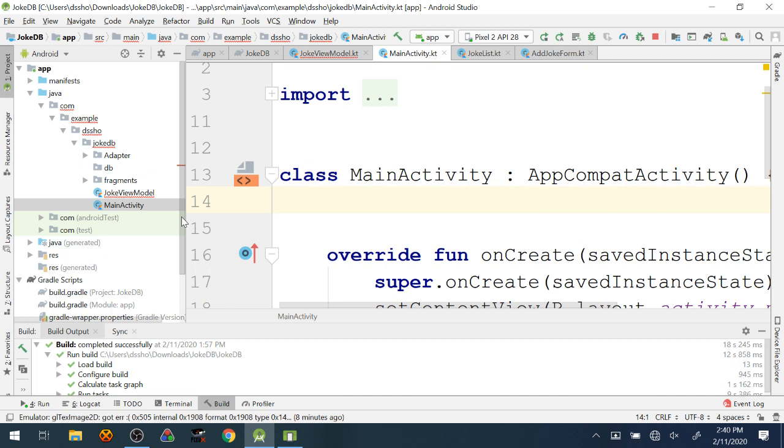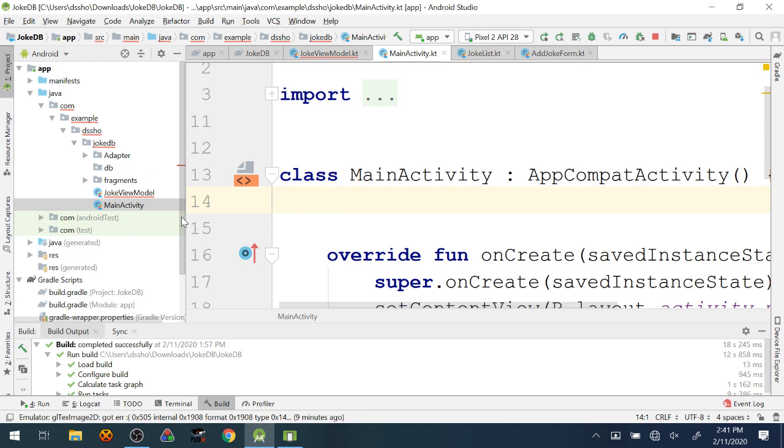So the app that I'm going to make today is kind of a trivial app. I wanted to make an app that lets you keep a list of jokes. So you tell me what the setup is and the punchline of the joke, and then it stores it in a database. And then if I want to see a list of all the jokes that I've stored, I can see a list of all the setups and punchlines. It doesn't really do much more than that. In fact, you could use it for anything, right? It doesn't necessarily have to be jokes. It's just storing data in a database and pulling the data back out.